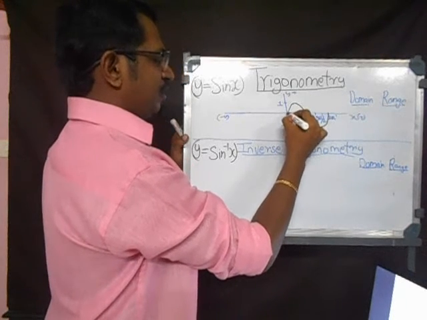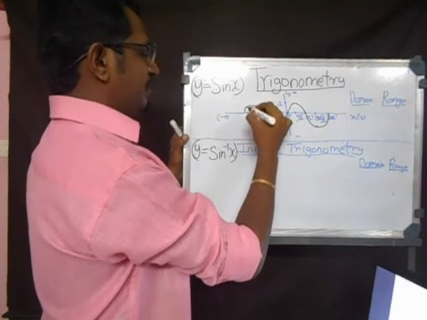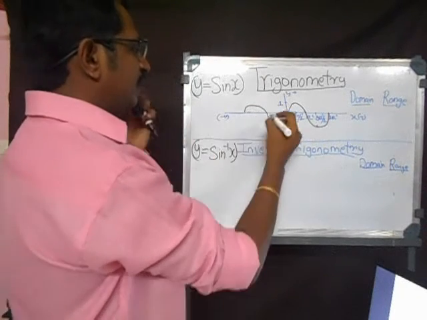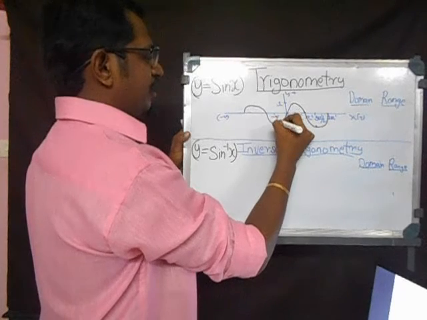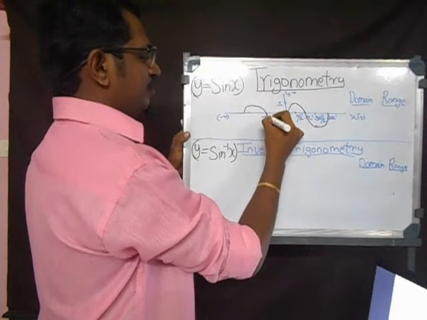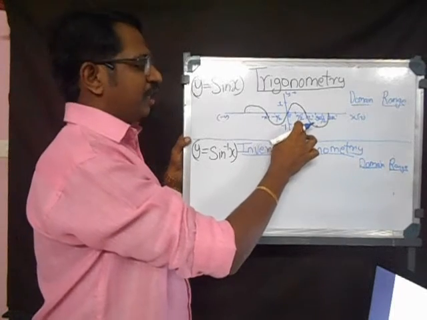In the same way you go on this side, and it will be the same. We just have to write that this will be on the negative axis, so it is minus pi by 2 and minus pi radians. It will continue like this. So this is the graph of sin x.